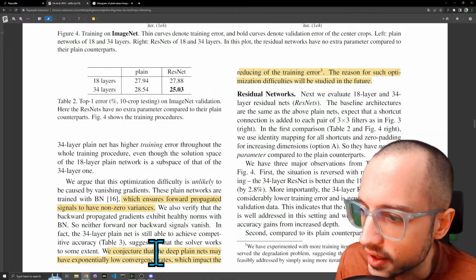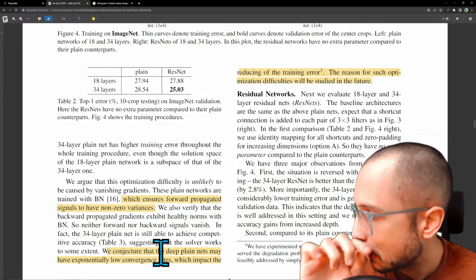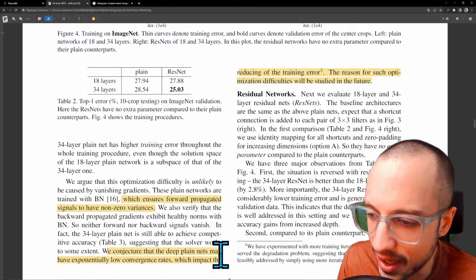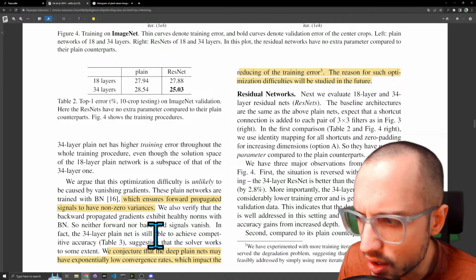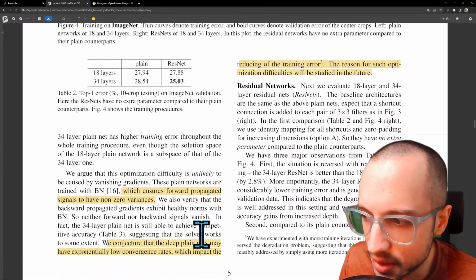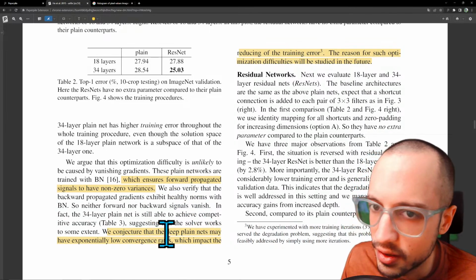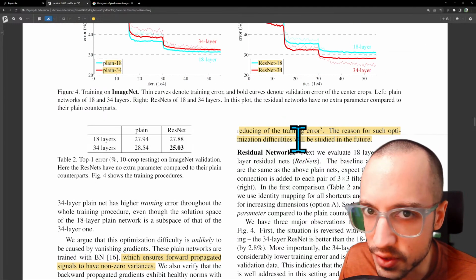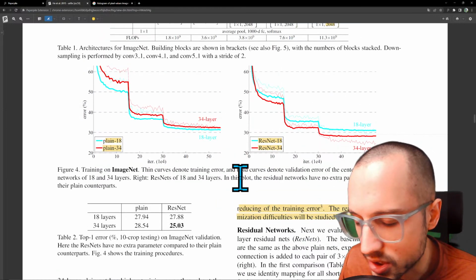So in this time period, in 2015, back in ancient history, people still thought that we were going to be able to understand completely what's going on here, right? And they were like, hey, we don't really know why this necessarily works better, even though we did batch norm. Because we did batch norm, we don't think that it's the vanishing gradients. So we have this theory about why it happens, but we're not 100% sure, and we'll figure it out in the future.